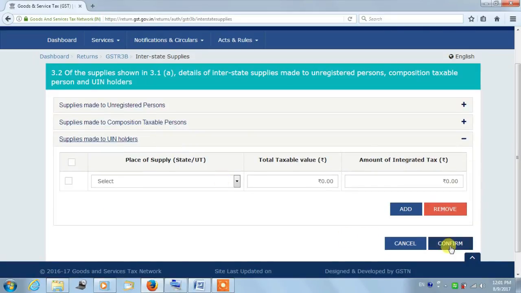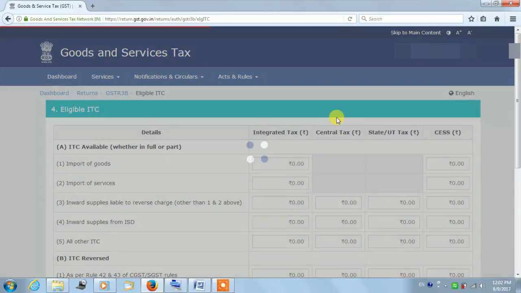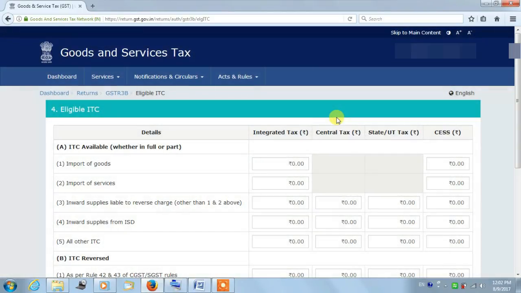Next is fourth, eligible ITC. Under this there is A for ITC on import of goods, on import of services, on inward supply liable to reverse charges, on inward supply from ISD and all other ITC. I am eligible for ITC of 500, so I am entering in all other ITC.